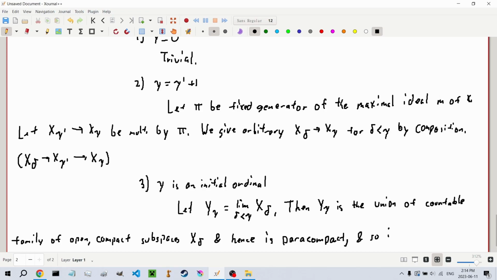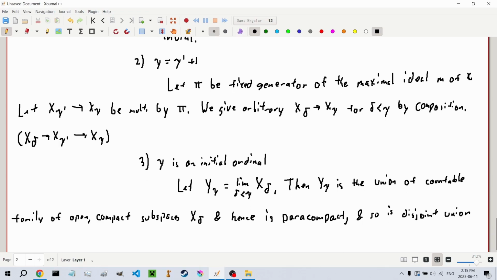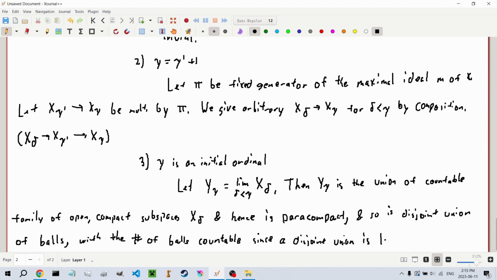And so hence is the disjoint union of balls, with the number of balls being countable, since a disjoint union must be locally finite